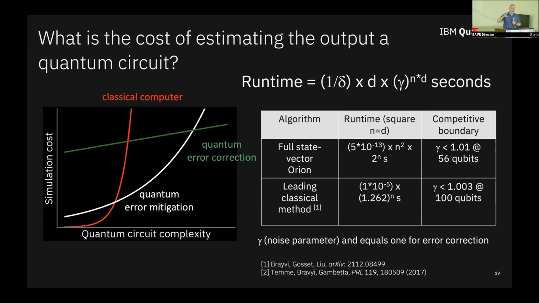If I use the best classical method, which is a tensor network method, I need a gamma bar of about 1.003 and 100 qubits to be able to hit that point where the red line and the white line just cross each other. And here I'm looking only at runtime, not the actual cost of the machines. So how far away is that crossing point? To talk about that, let me take a break for a moment and talk a little bit about what we